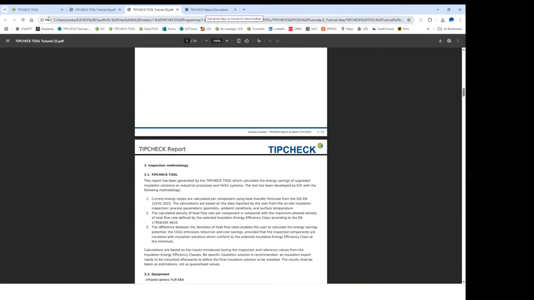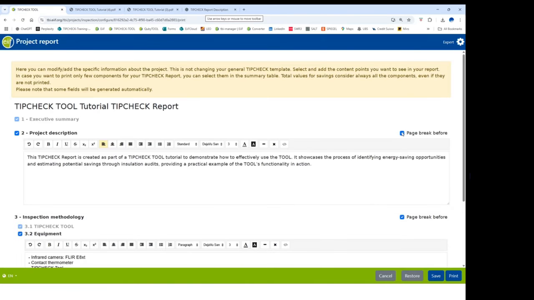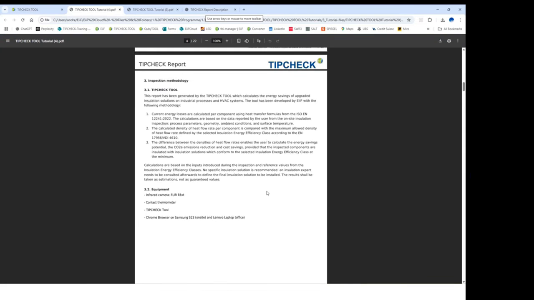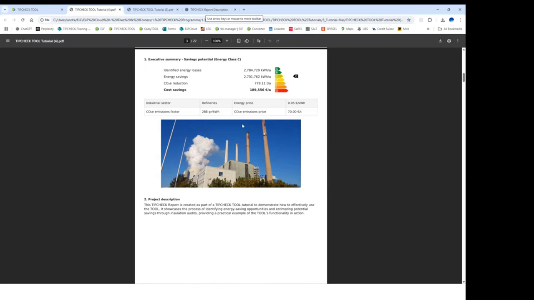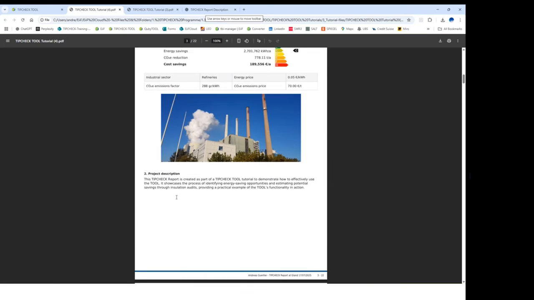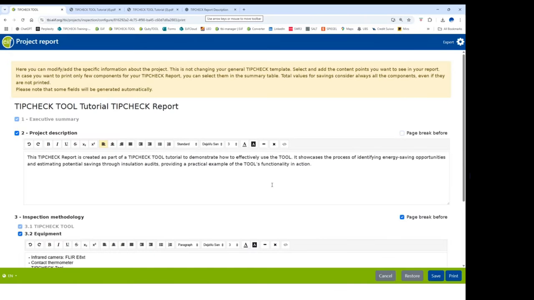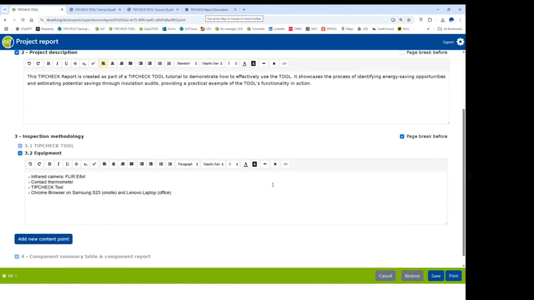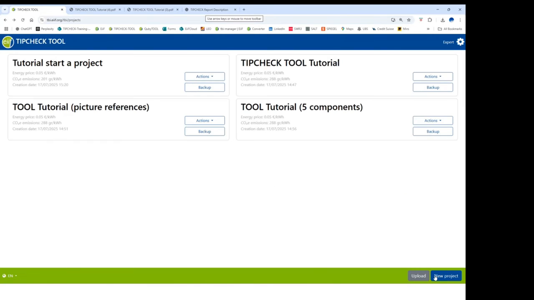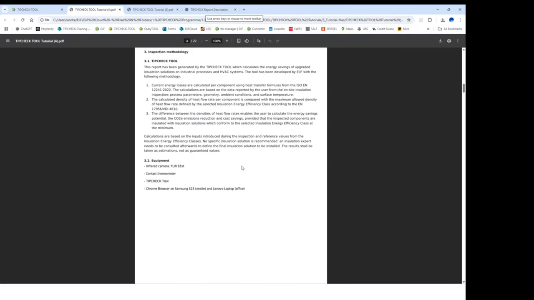And then if I deactivate this by just clicking the box here, I get actually the results where everything comes after each other. So the executive summary and the project description are on the same page. This gives you just the freedom to design your TIPCHECK report as you wish. And when you're done, you click on Save, and you can print the TIPCHECK report as I did already here,